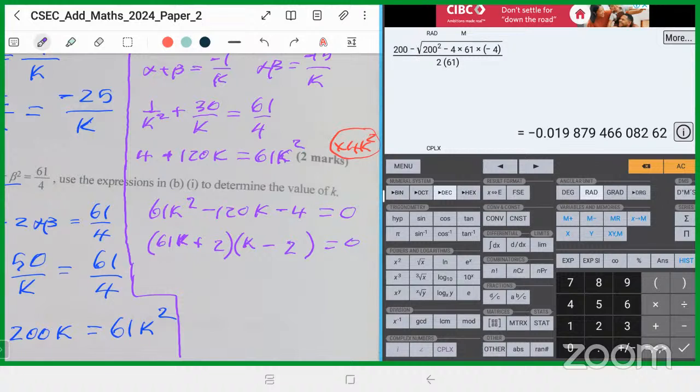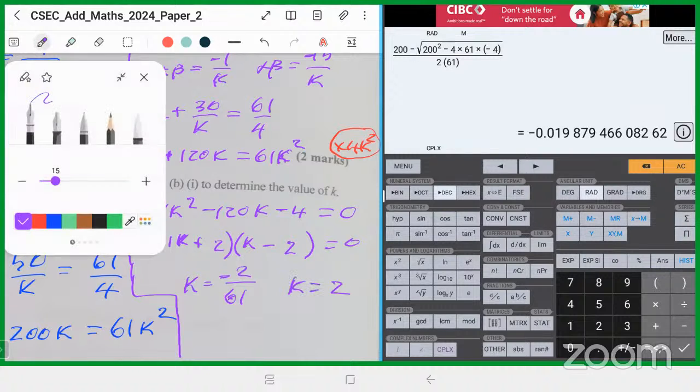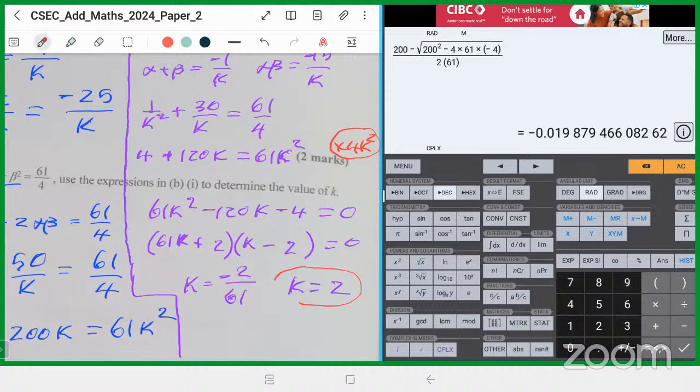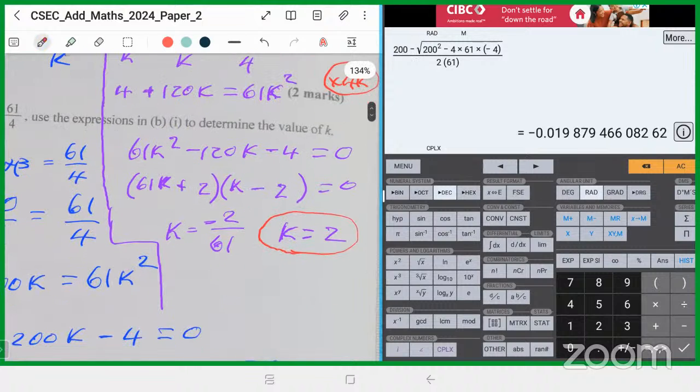And so we get k equals negative 2 over 61, or k equals 2. And then this would be your answer, because k is now a whole number, right? So the 2 is a whole number. So this would be your answer. That would be your answer,